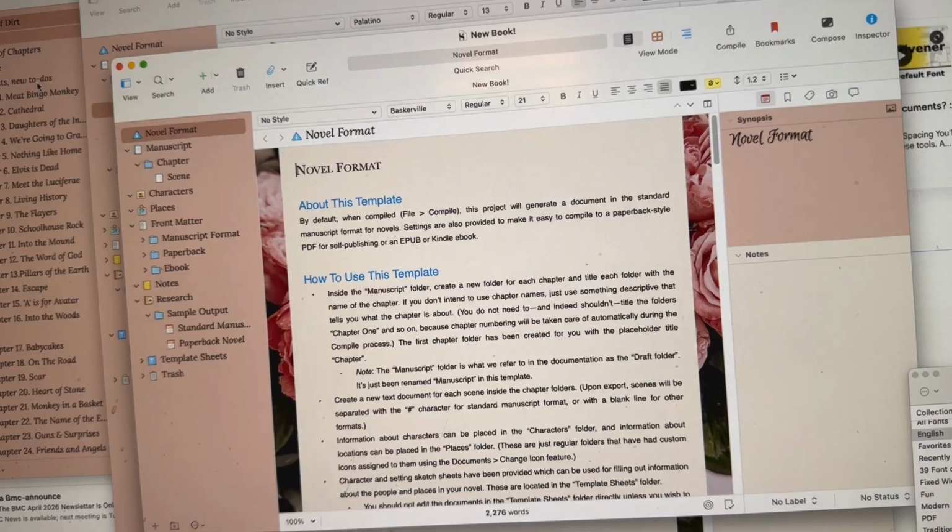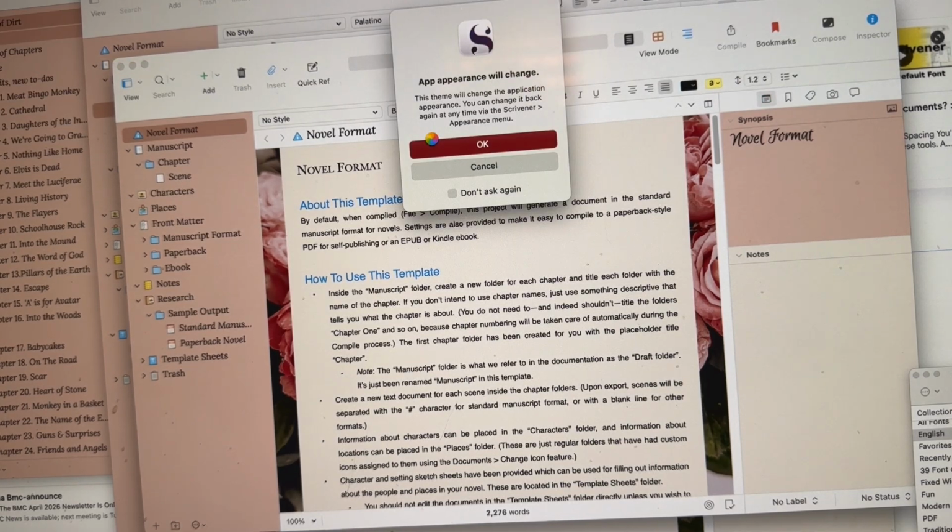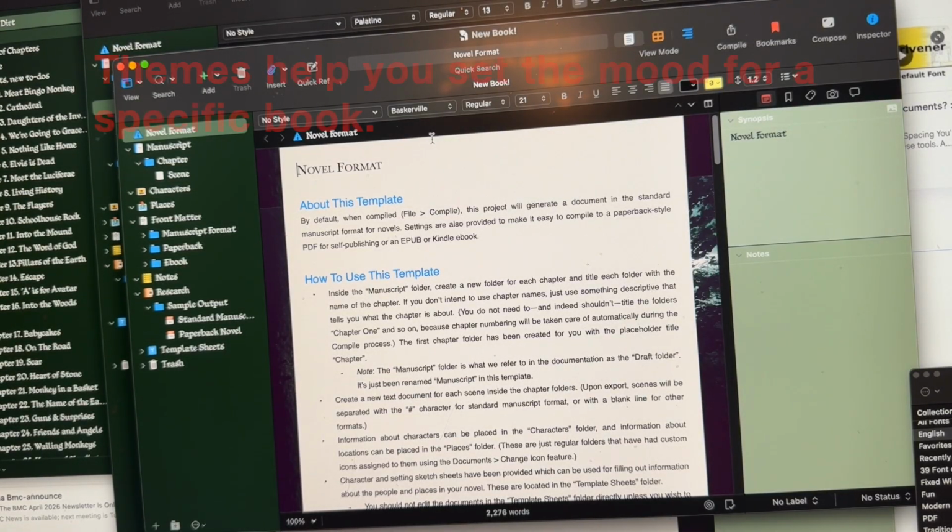And the nice thing about this is if you are working on multiple books, especially if you are working on multiple books at the same time, it allows you to set a different style, a different mood for each book. As you notice, I've got several open, and this is going to be now the default theme for everything. But if I'm switching between novels and say, this one is now my really modern cyberpunky one, and I want to be in that mood, I might do